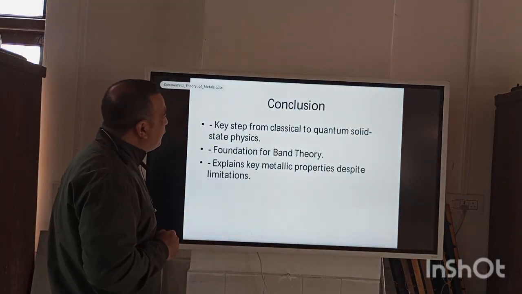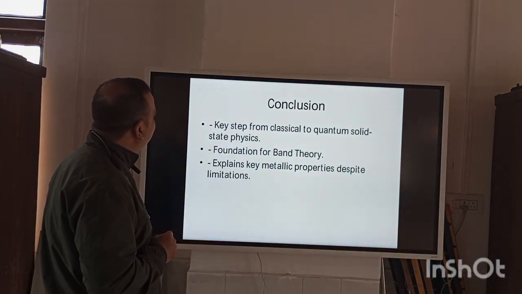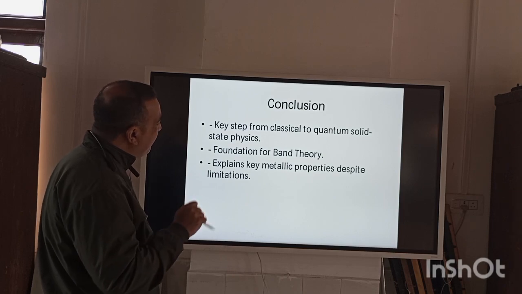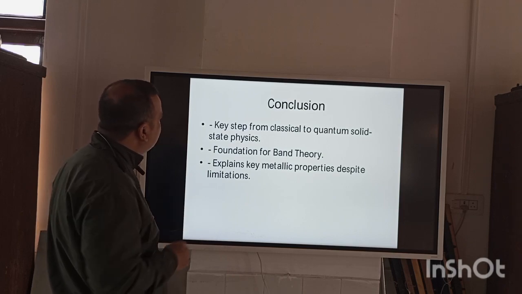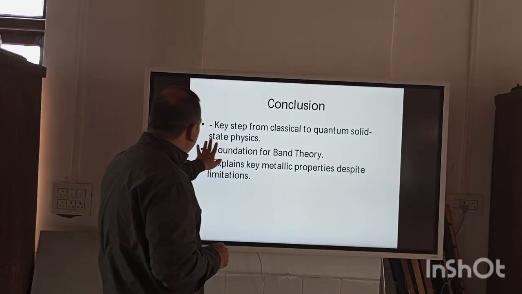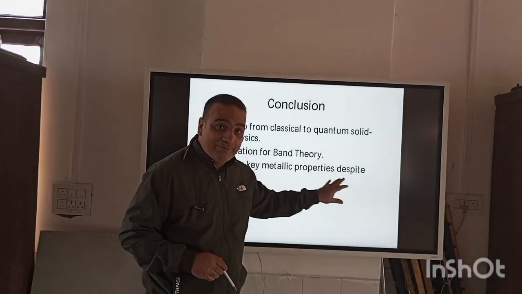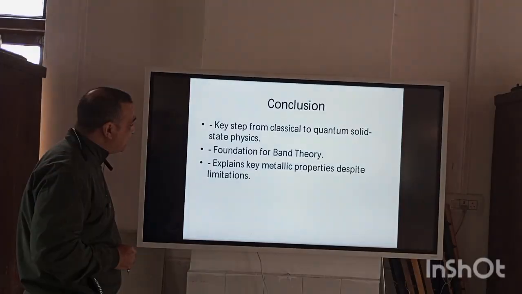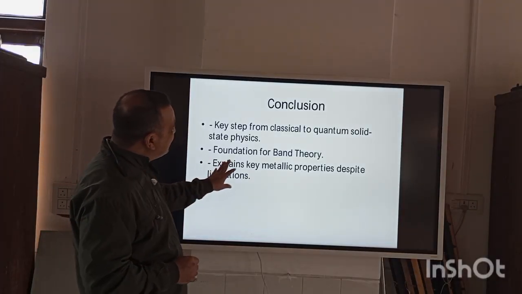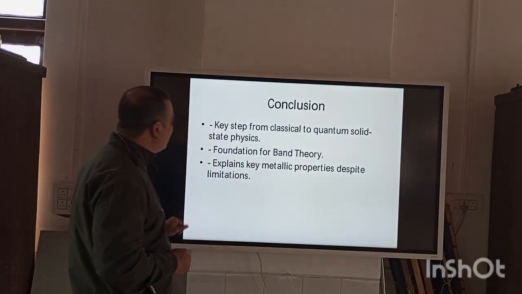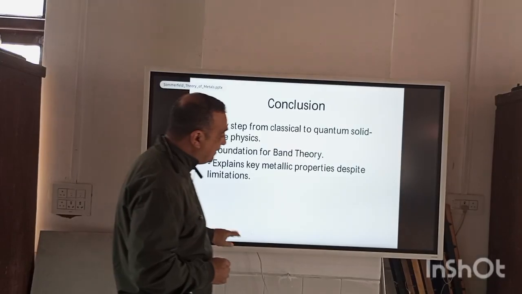So to conclude this introduction, the Sommerfeld model is a key step from classical to quantum solid-state physics. It makes a foundation for the band theory that we're going to discuss, and it explains key metallic properties despite having all of these